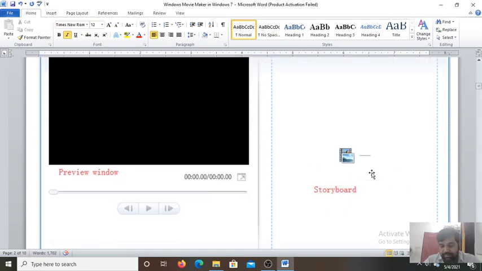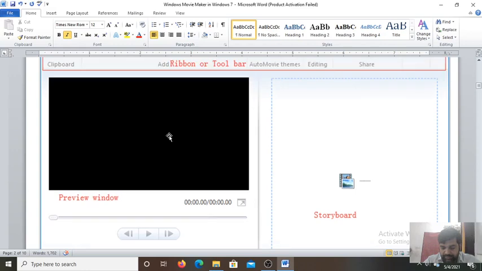Storyboard is used to arrange and manage the video clips in our project. It also shows the transitions and visual effects that are applied to the clips. Next is the preview monitor pane. On the left side of the storyboard is a preview screen. When you make changes on the storyboard, you can see them in the preview screen. So you will be able to watch your video here as you work on it.